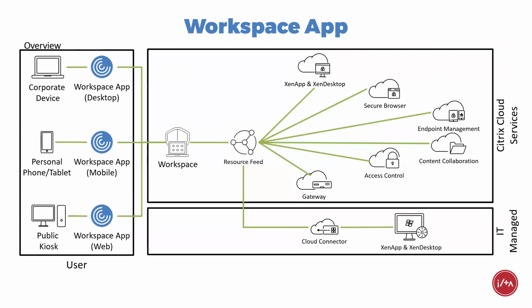Okay, and the other half of that is the backend services. We're going to talk more about this from an analytics standpoint, but the information that Workspace app is providing about things like app performance, how the user is connecting, what the device is, and where they're connecting, is all being fed back up into Citrix Cloud, and we're capturing that to provide better optimization. We're doing that to optimize user profile management, the experience, environment management, and to provide analytics to the back end, so we can provide the highest level of security, including security for things like single sign-on